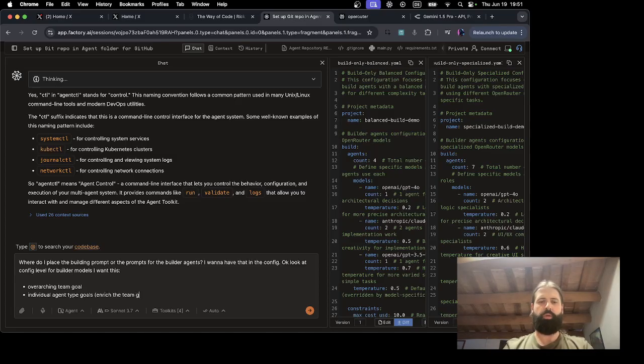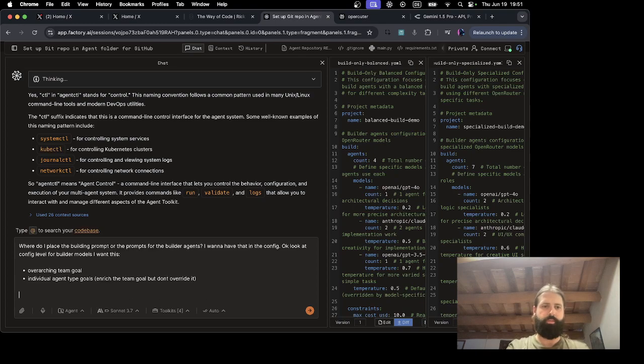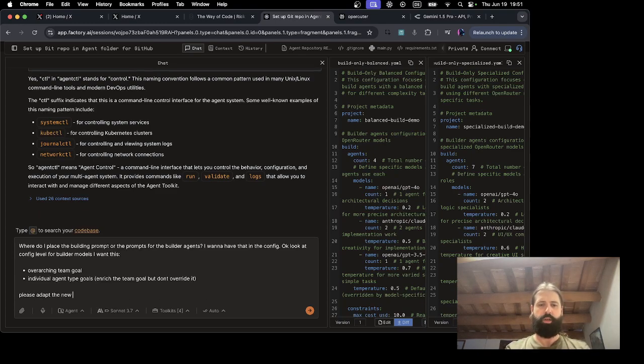Enrich a team goal, but don't override it, right? So I think that's what makes sense. Please adapt the new example config files.